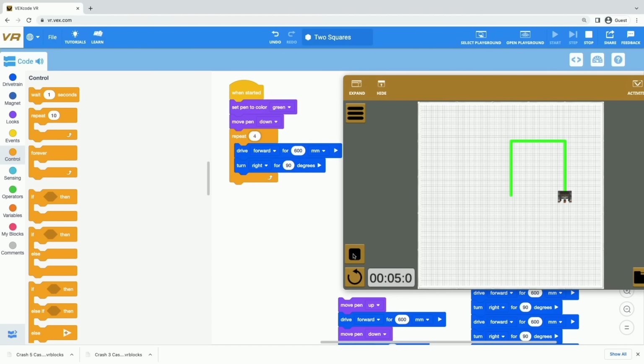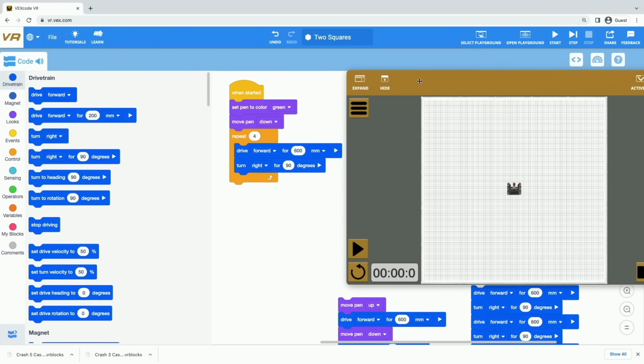If you're watching the green highlighting, you can see that it's highlighting that little sequence of drive forward and turn right 4 different times. So what we have now done is made a loop. In our loop, what we've done is set a condition in this repeat block, because loops have conditions. And the condition here is that these 2 blocks must be repeated 4 times before anything else can happen in this project. And we can really illustrate that by adding some more blocks to the bottom.